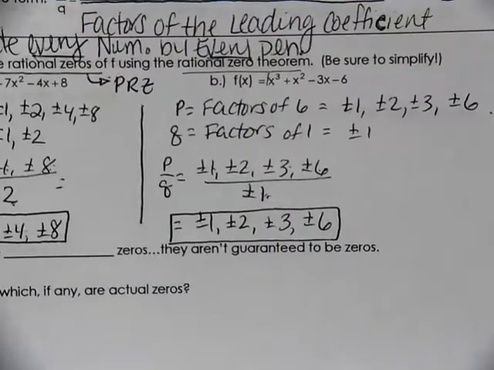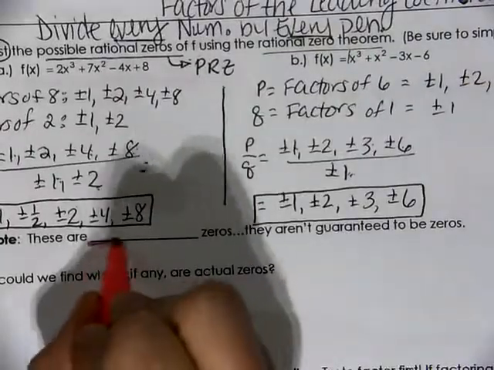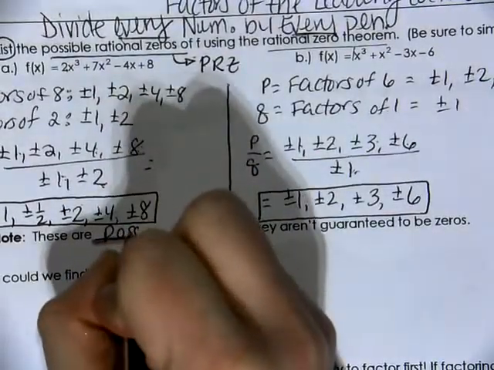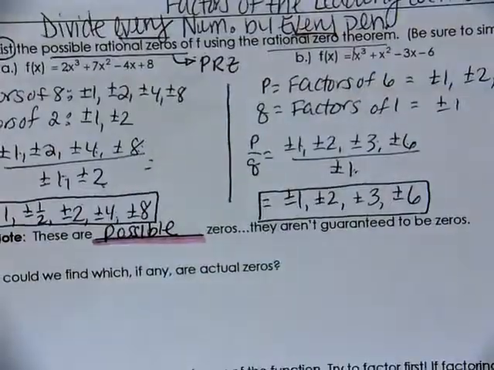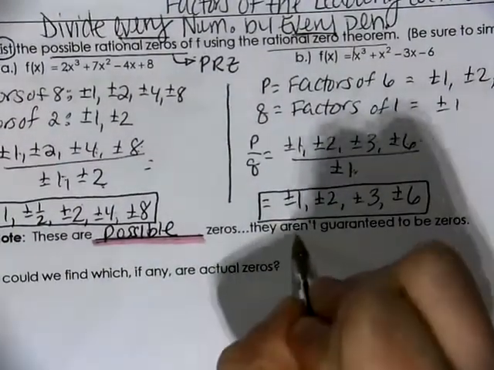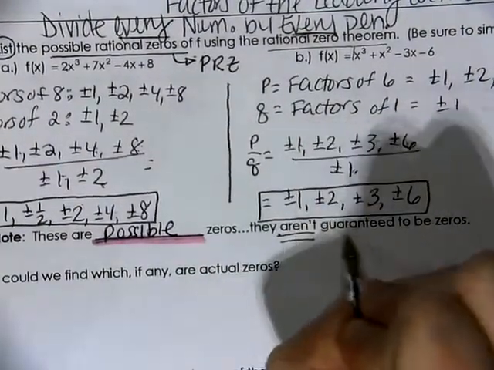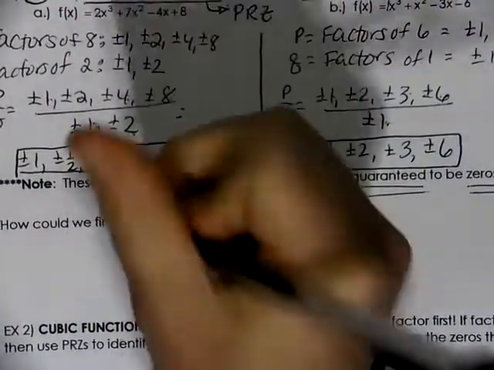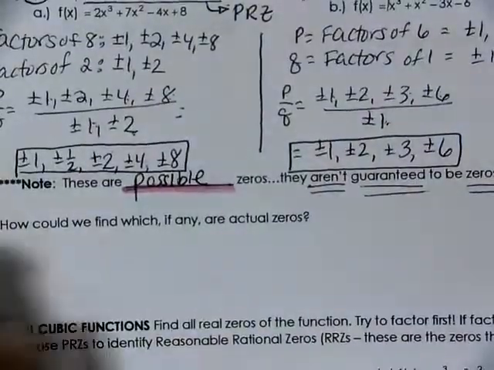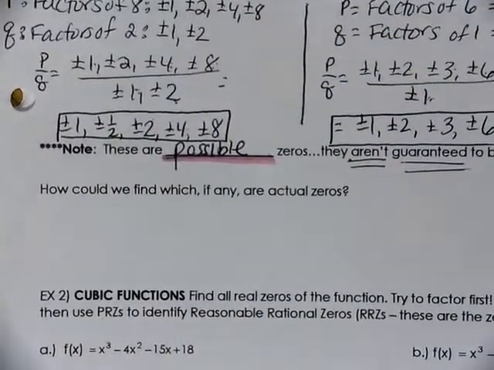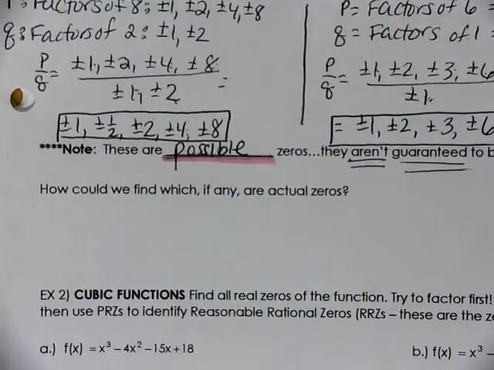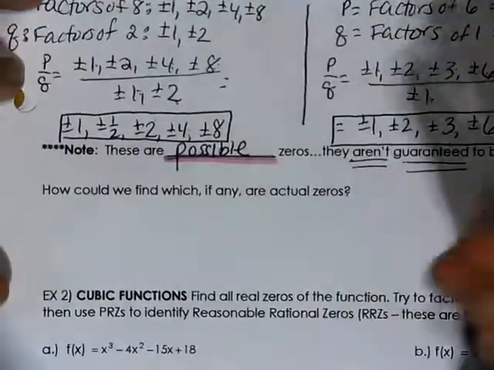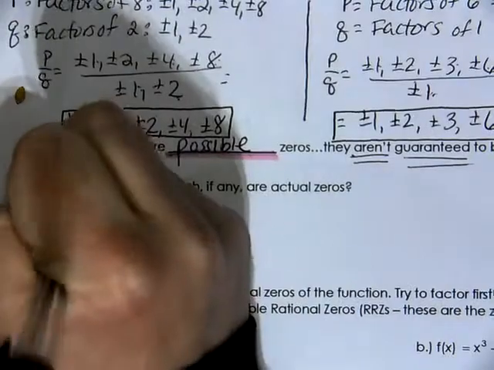Now, once again, these values, they are possible zeros. Doesn't mean that they are guaranteed, so they aren't guaranteed to be zeros. It's just, this is your list of possibilities. So how could we find which, if any, are actual zeros? Since this is your list of values that could possibly work, what you'll have to do is you'll have to